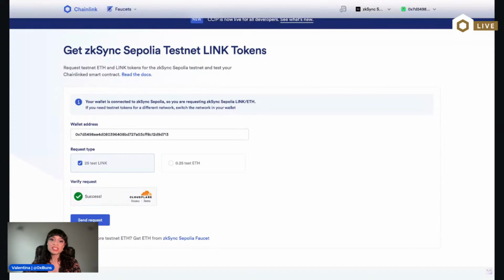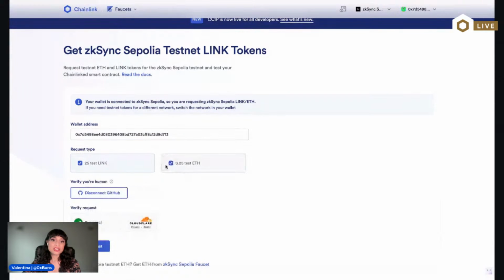The page that we're looking at right now is faucets.chain.link. Once you're signed up and logged in, you can connect your GitHub account, enter your wallet address, and select ETH so that you can get your test ETH. Make sure that you're connected to the zkSync Sepolia testnet, and you will be able to